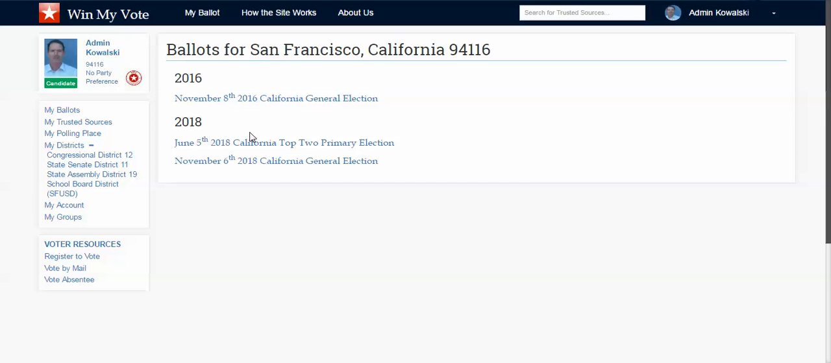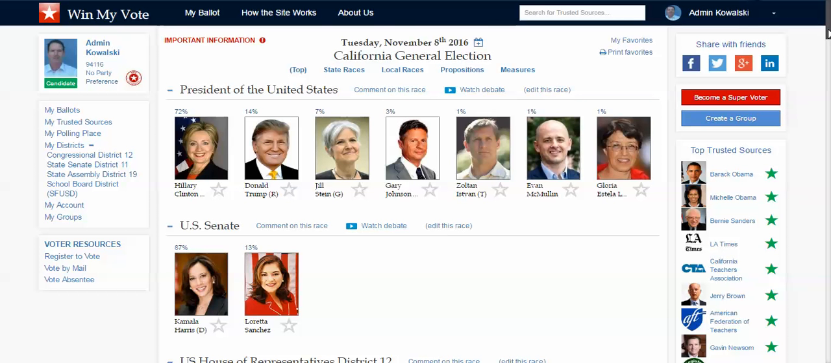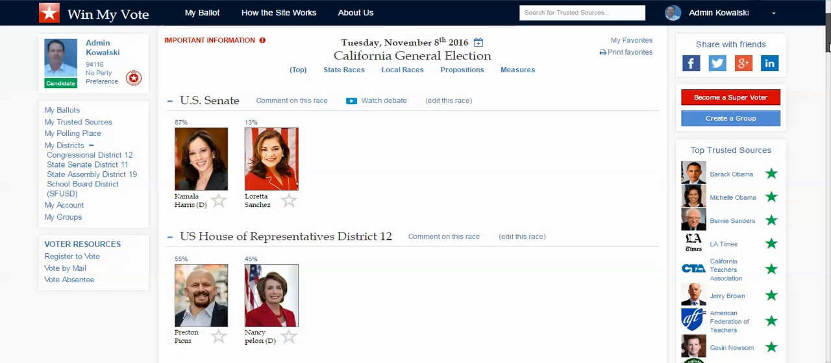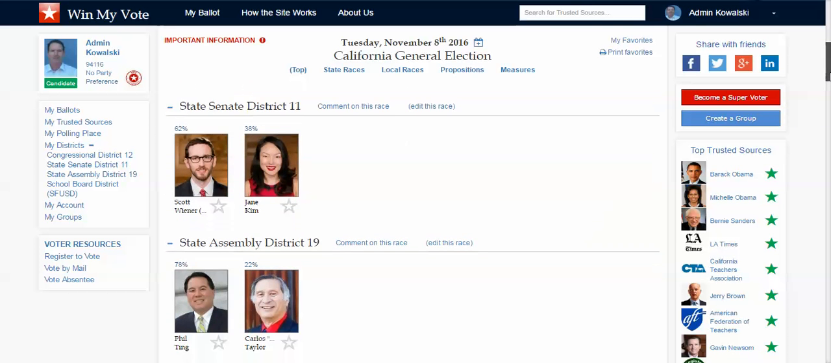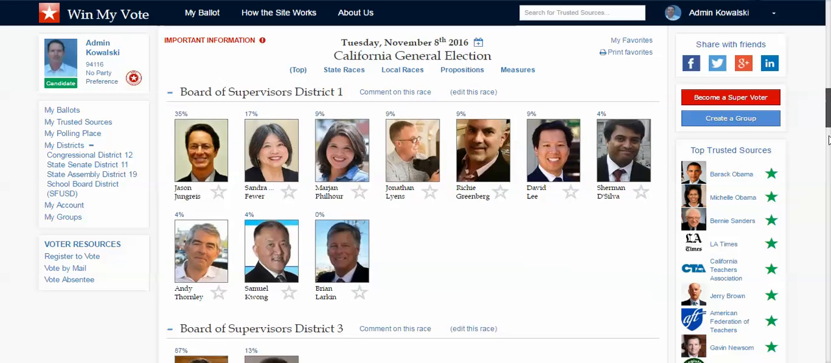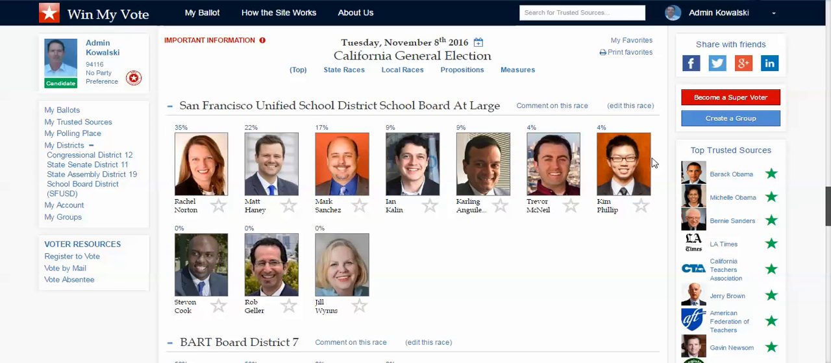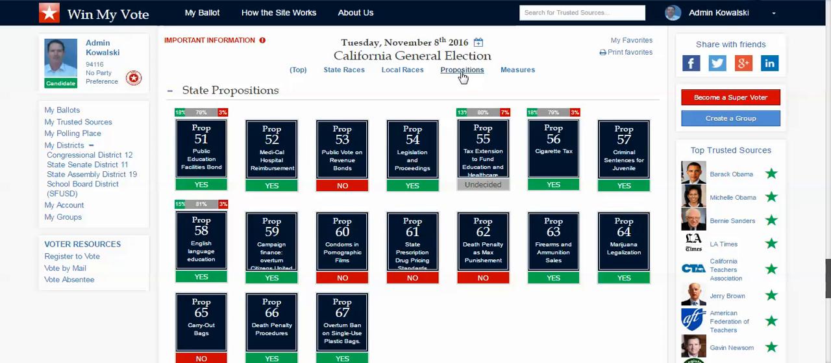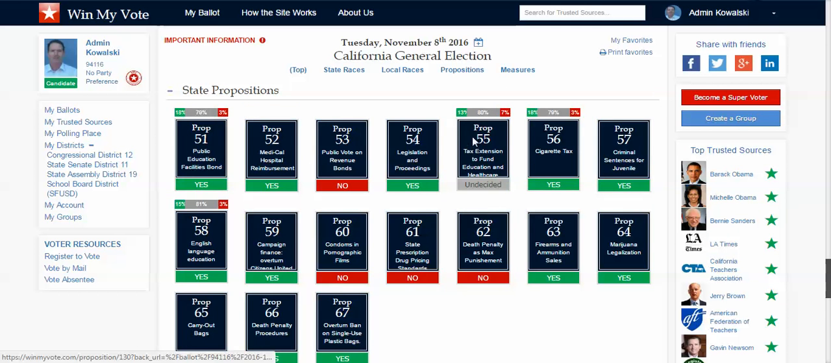And these are the ballots for my zip code right here in San Francisco. So just for this demo, we'll use this one. And as you can see, there are lots of races on this ballot. Again, congressional, state senate, state assembly, and then some county races, and then board of supervisors races down into the school boards. And then we also do propositions and measures as well, and they have their own page